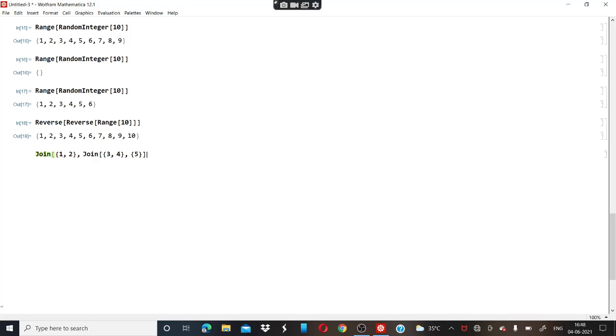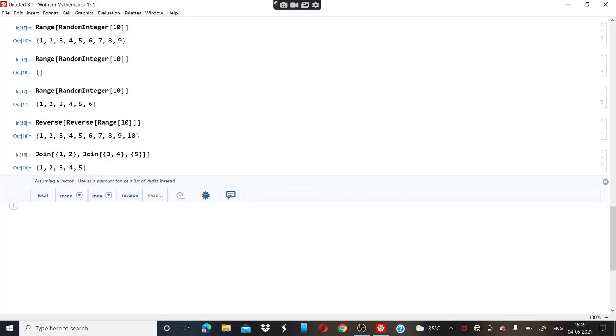So in this question, first it will join these 2 and then later it joins with this. So after that we are going to press shift and enter key and we will get the result as 1, 2, 3, 4, 5.